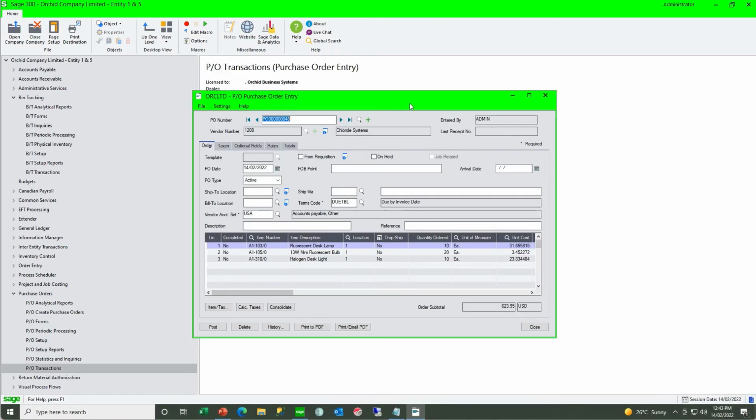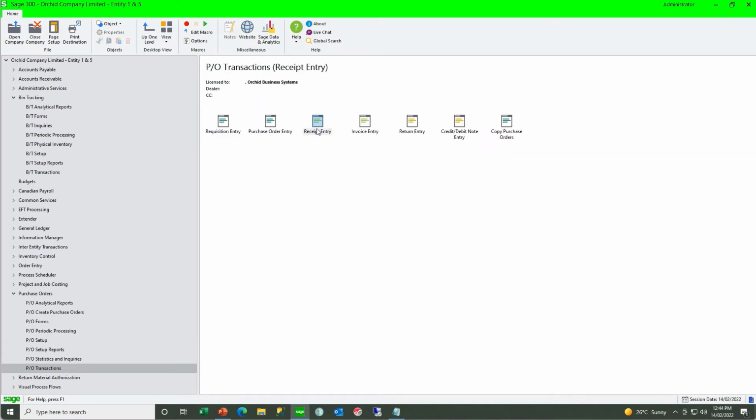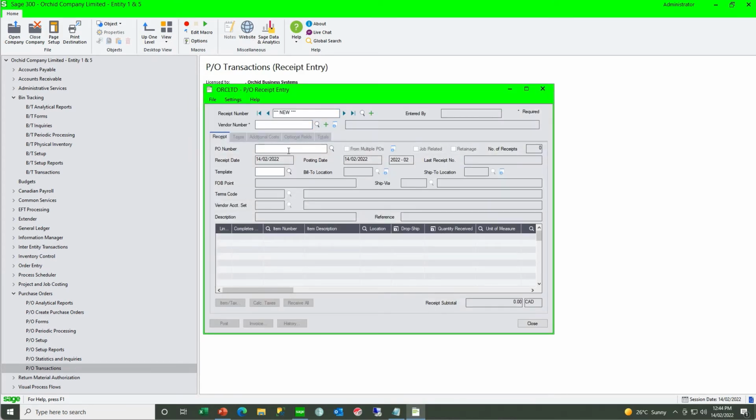We're first going to look at purchase orders. We have this PO for these 3 items. But bin tracking will only create a bin transfer document when the PO receipt is created, because bin tracking only creates documents for movements in and out of the warehouse, and with a purchase order you do not have a movement yet of the stock items. So when we go ahead and create a receipt for that purchase order and receive all in post,